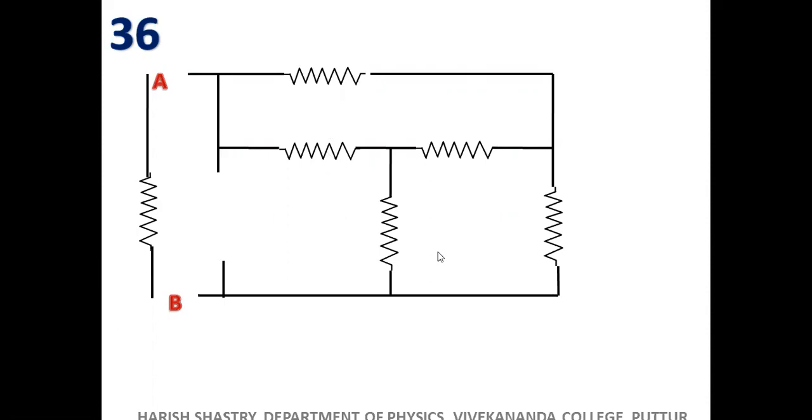See, in a Wheatstone's network, you have 4 resistances on the 4 sides of a rhombus, right? This is one side of the rhombus. Just think of rotating this down and this up. This is one side of the rhombus. This is another side of the rhombus. And this is one more side, and this is another side. Only the thing is, this part has to be made a little bit longer.